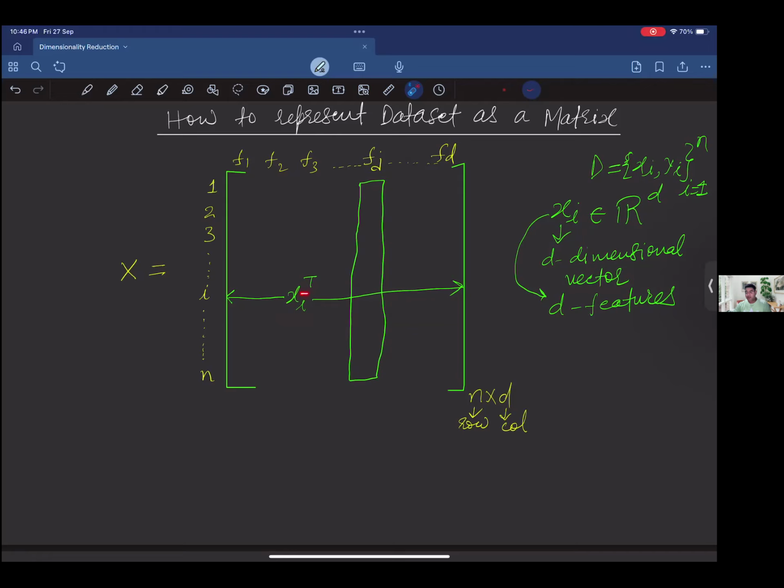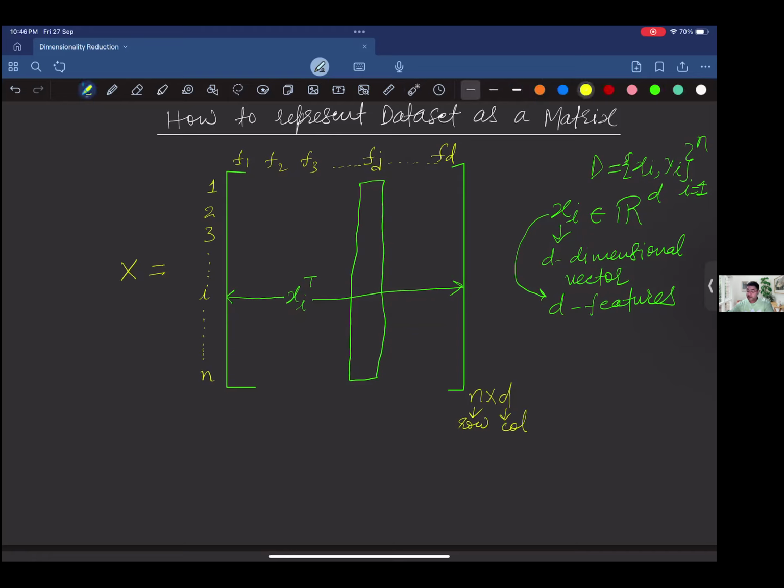That's why when I write xi transpose, it gets converted into a row vector, because by default any vector is a column vector. So if xi is a column vector, xi transpose